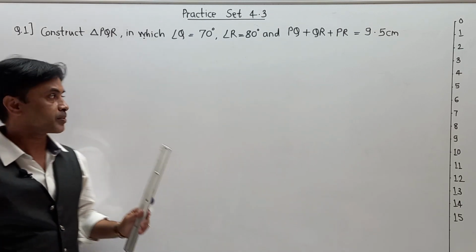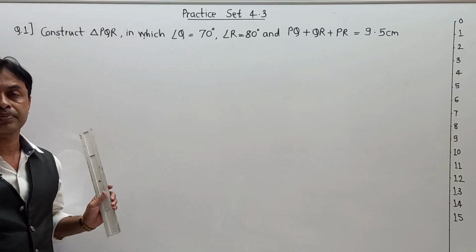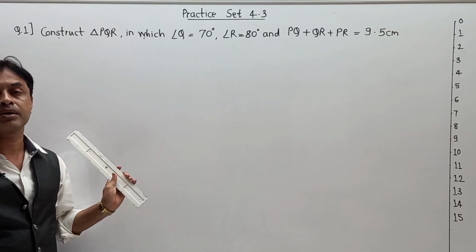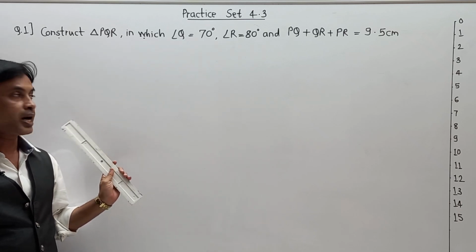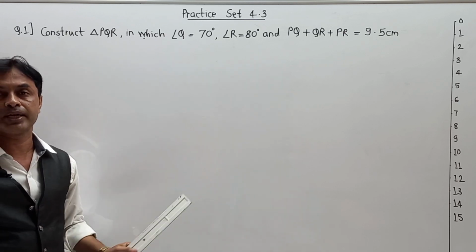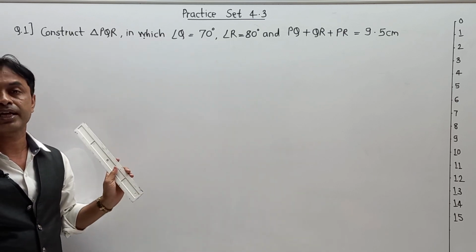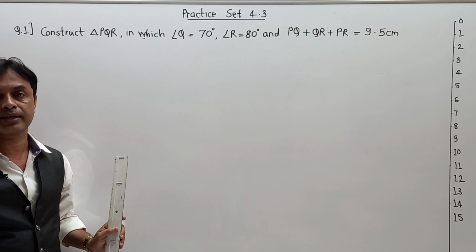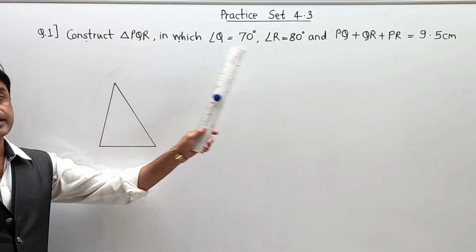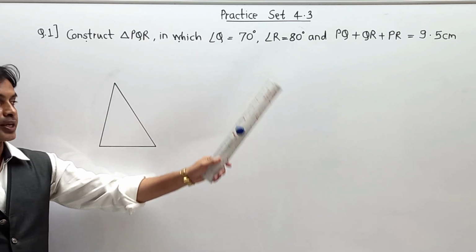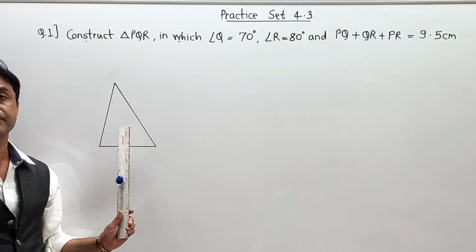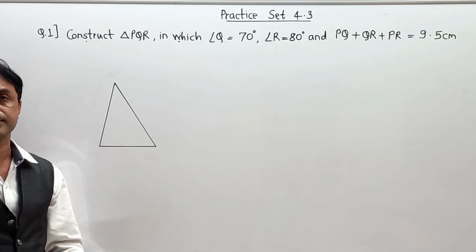First of all, I am going to draw one rough diagram, and with the help of the rough diagram, I am going to explain all these values in small sections. After that, I am going to explain the type of construction, and then we are going to draw the main diagram. So please, first of all, try to understand the basic structure of the diagram. Now, let us try to understand this part. Before drawing the main diagram, we are going to draw a rough diagram, and with its help, we are trying to understand the construction.